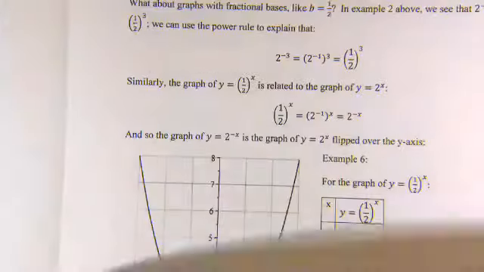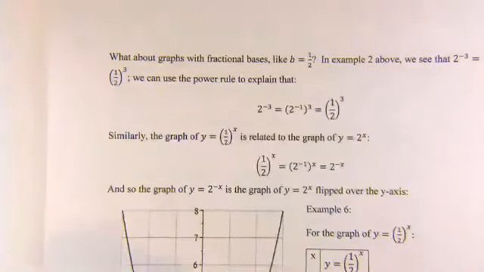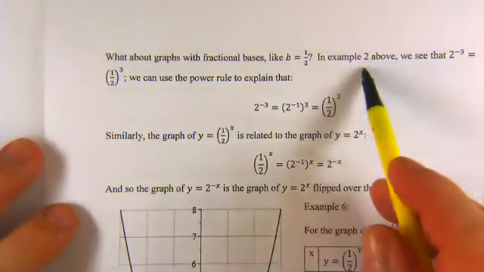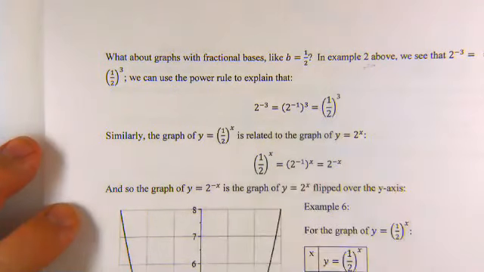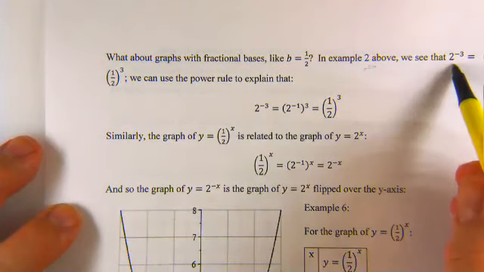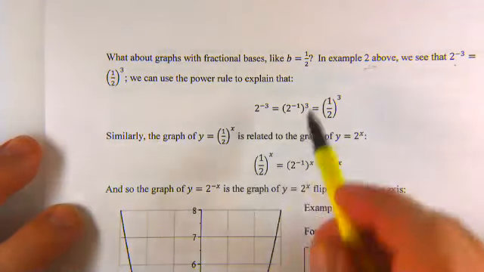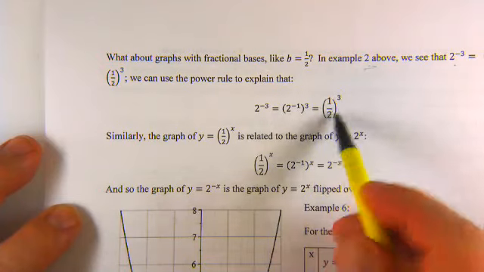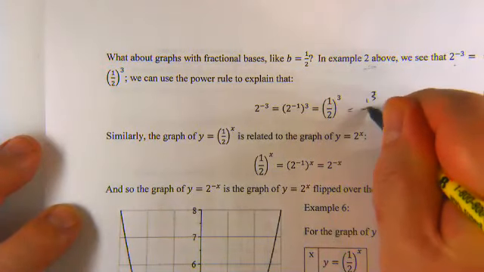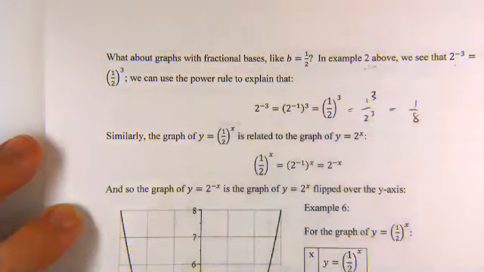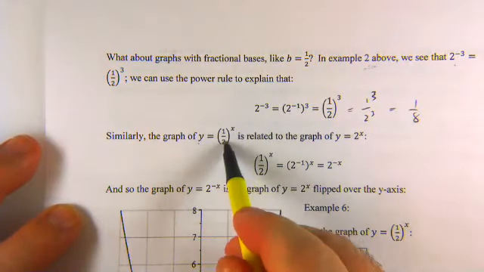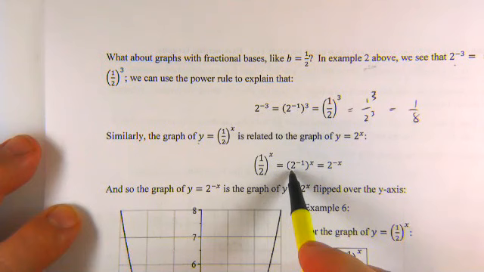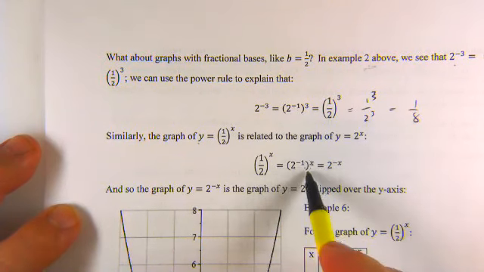So what about graphs where your base is a fraction, like b equals 1/2? If you go back and look at the exponent stuff, the first video we did, 2 to the -3 is the same thing as 1/2 cubed. So 2 to the -3, that's 2 to the -1 quantity cubed, which is 1/2 cubed, which is 1 cubed over 2 cubed, which is 1 over 8. So 1/2 to the x, 1/2 is 2 to the -1. 2 to the -1 to the x, we can just multiply the x and the -1 together, and you get